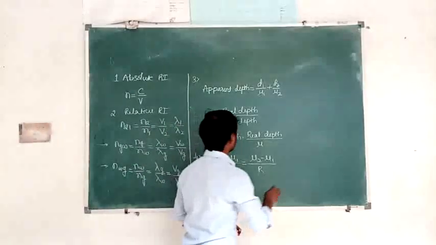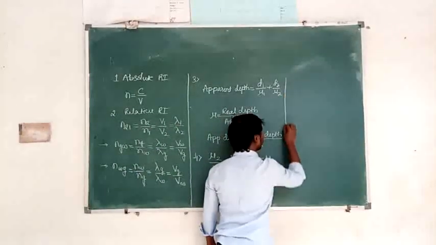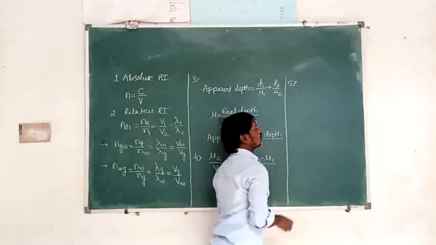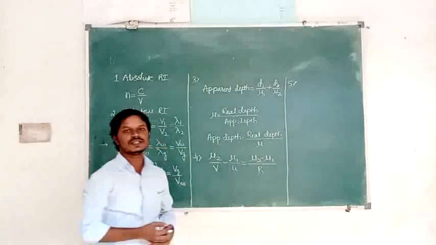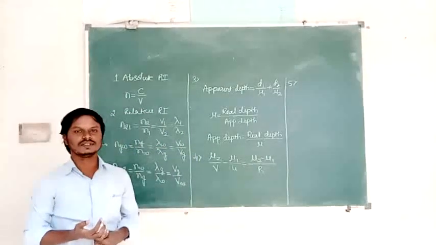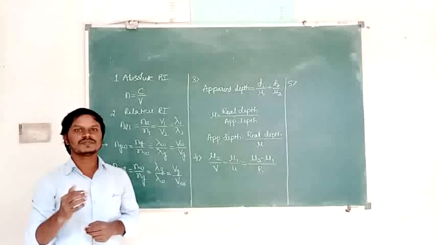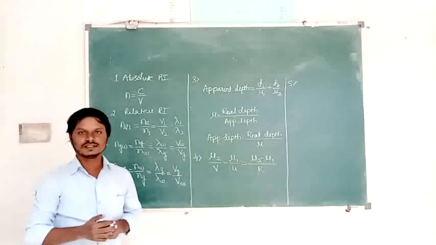So next we are going to use the formula. Fifth one. So what is the focal length of lens? Focal length of lens is denoted by f. If two lenses in contact, what is the effective focal length? That is 1 by f is equal to 1 by f1 plus 1 by f2.